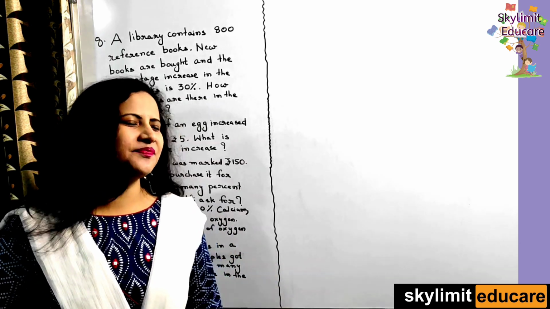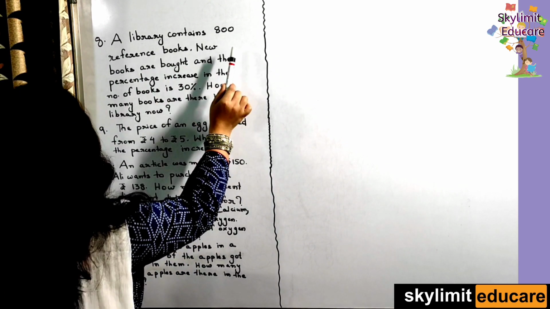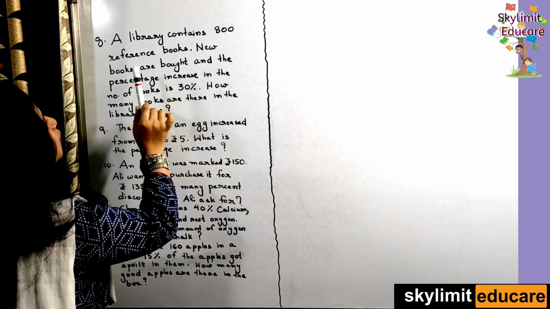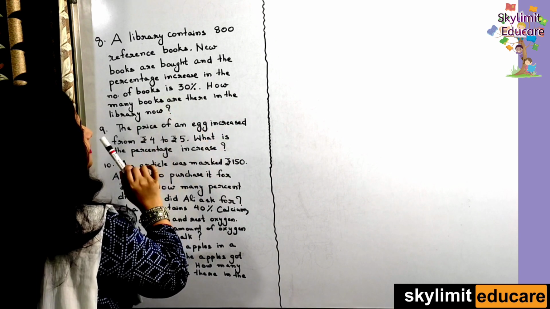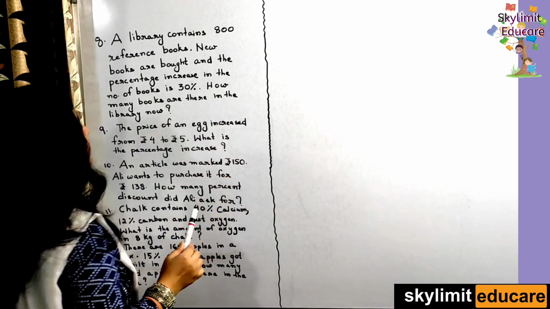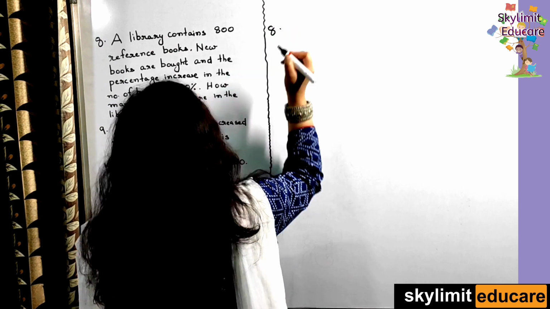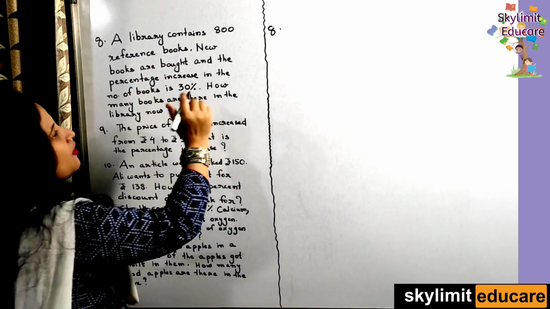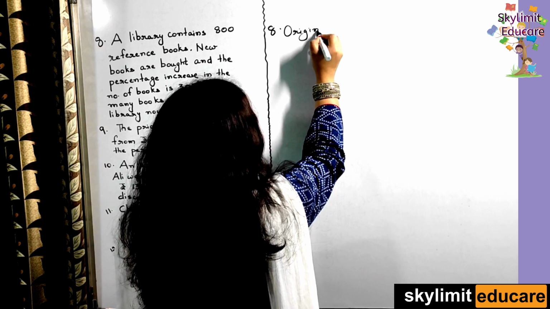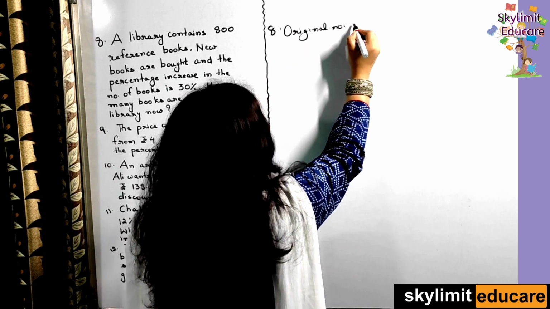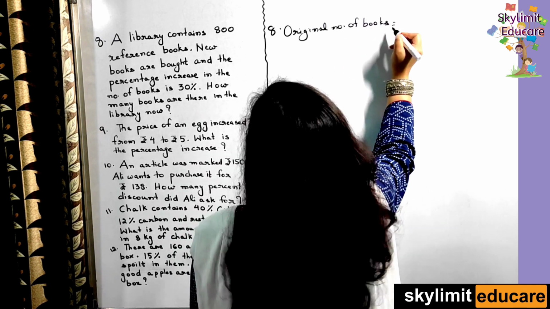So let's start. The first question for today is: a library contains 800 reference books. New books are bought and the percentage increase in the number of books is 30%. How many books are there in the library now? So how are we going to solve this question? What is the original number of books in the library? Original number of books is equal to